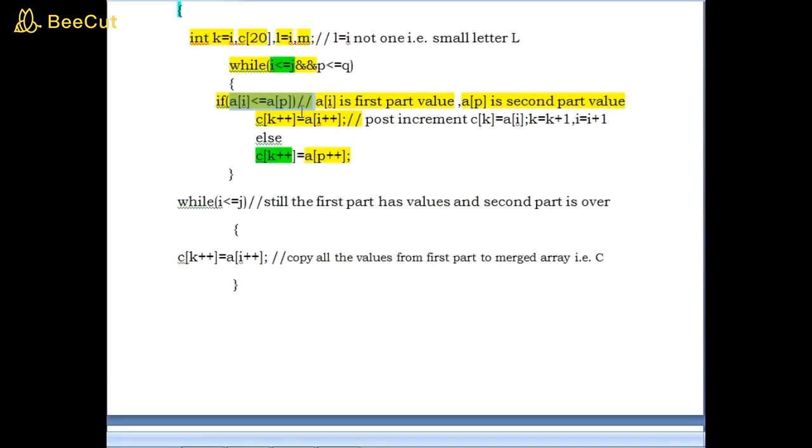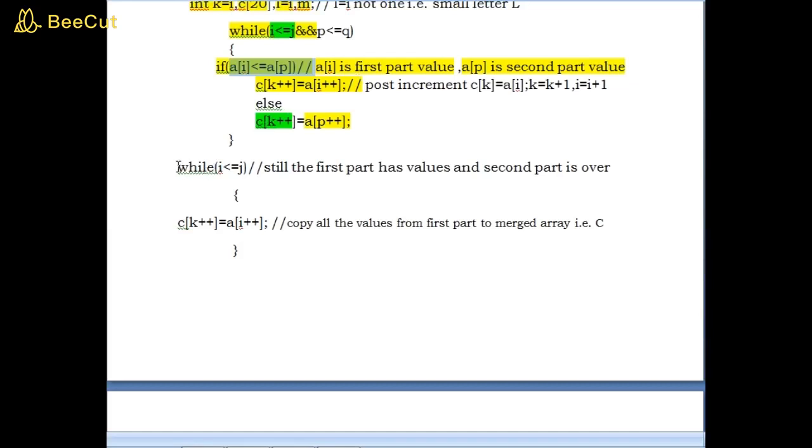Now, if either the first part or the second part is completed, we have to copy the remaining values from the other part. While I is less than or equal to j, it means the first part still has values but the second part is completed. When you are comparing the first part and the second part, there is a possibility that one of the parts becomes empty, exhausted or completed.